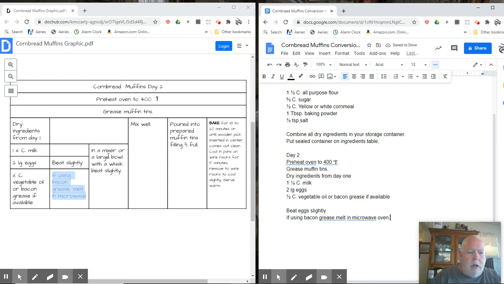Now we move to the right to this step. In a mixer or large bowl with a whisk, beat slightly. In a mixer or large bowl with a whisk,